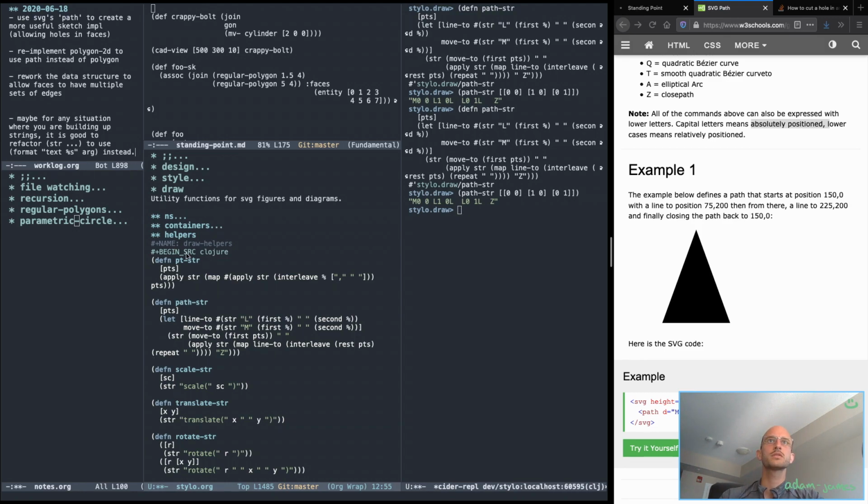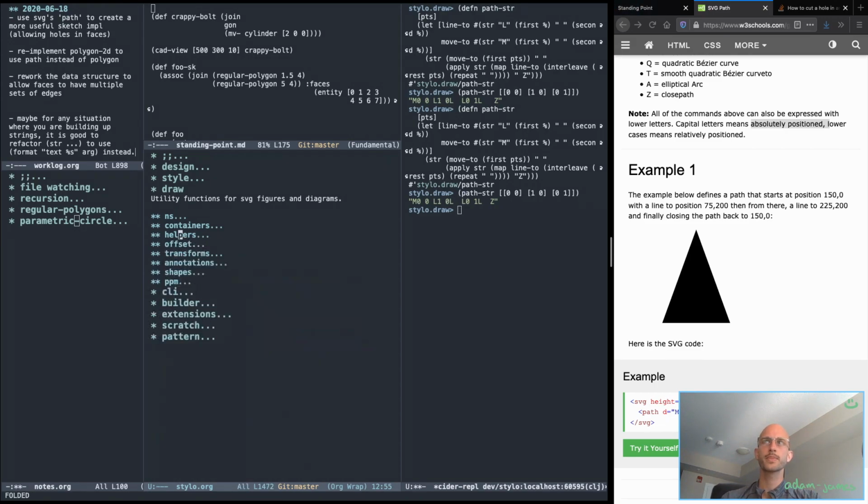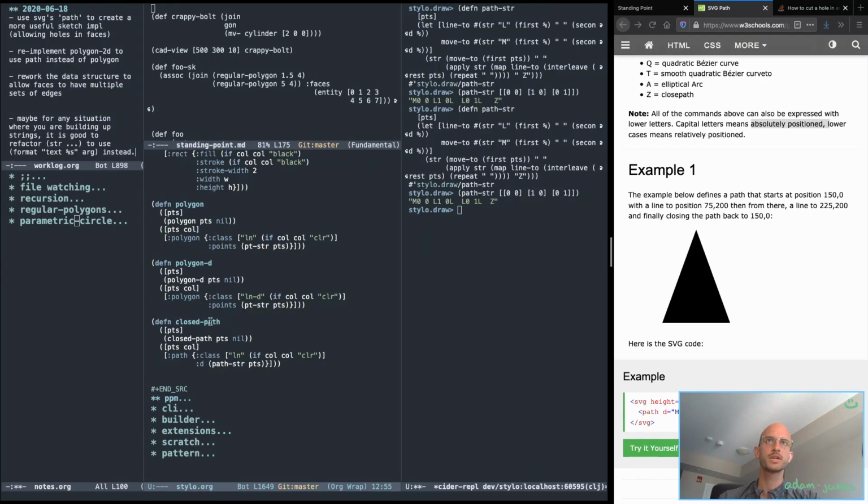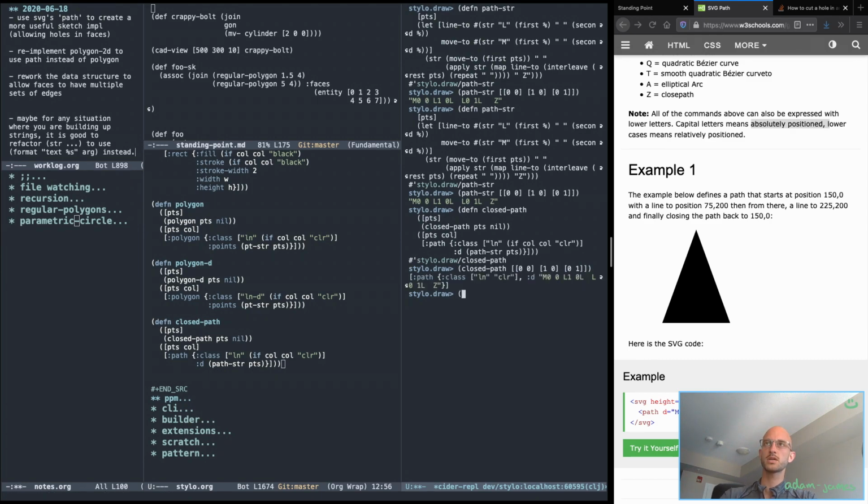So let's go there. Let's assume that the helper is good for now. Oh, by the way, does Z matter? Can be capital or it doesn't matter, so I'll leave it. If I go back to shapes here and run closed path string points on the same list, 0, 0, 1, 0, 0, 1,